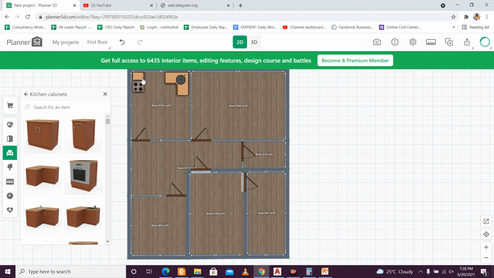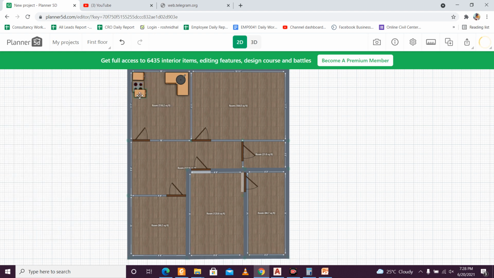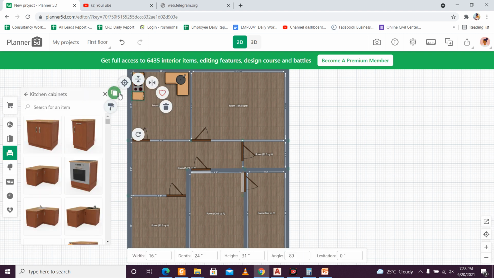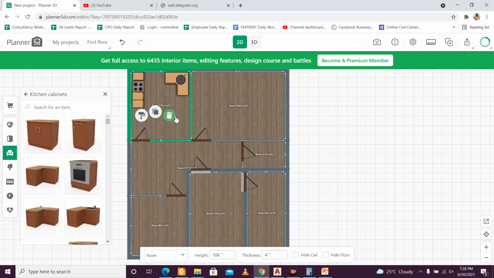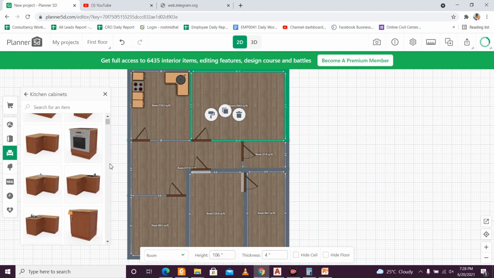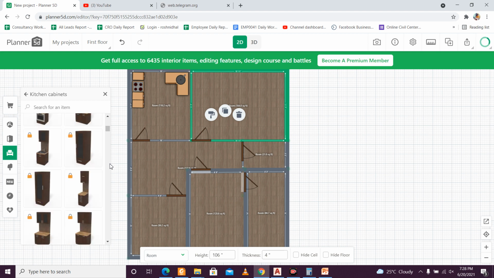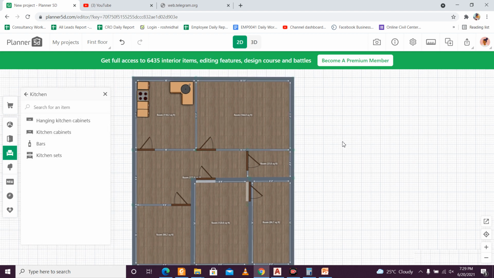And what I'll do, I'll just copy this thing, copy, and I can place it. So in the paid version you have some pretty good designs, but I'm using only the basic version here. So I can have a kitchen top here. It is kind of satisfactory. When you go for the paid ones, there are a lot of options for the kitchen. So we'll check that out later in some other video.